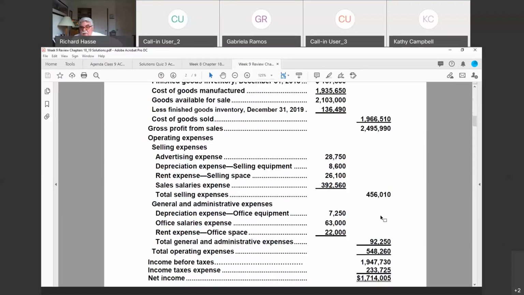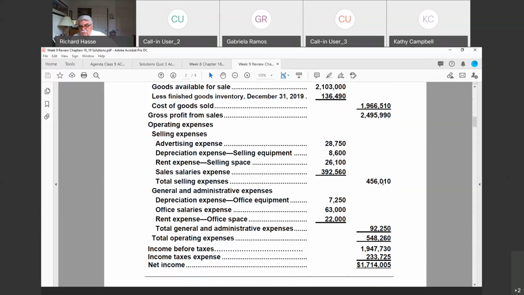And then we have our period cost, selling and G&A. The non-manufacturing costs, which a lot of us are part of. A lot of us aren't on the assembly line. A lot of us are not supervising manufacturing. A lot of us are working in sales, advertising, accounting, HR. We're period costs. And notice the total of those period costs are operating expenses subtracted from the gross profit. There's our income before taxes. We pay Uncle Sam and Gavin Newsom, and voila, we're making a nice little profit.